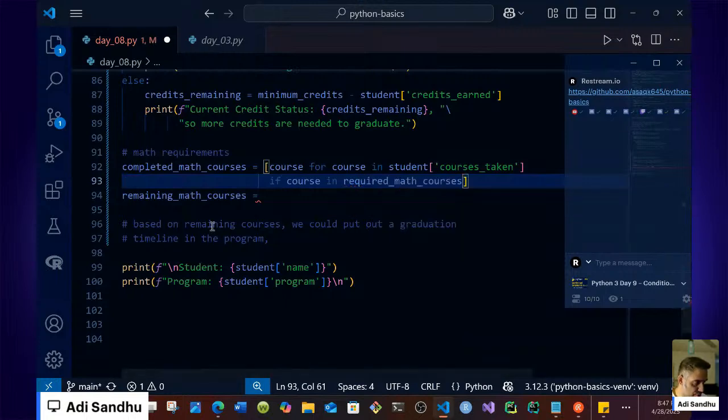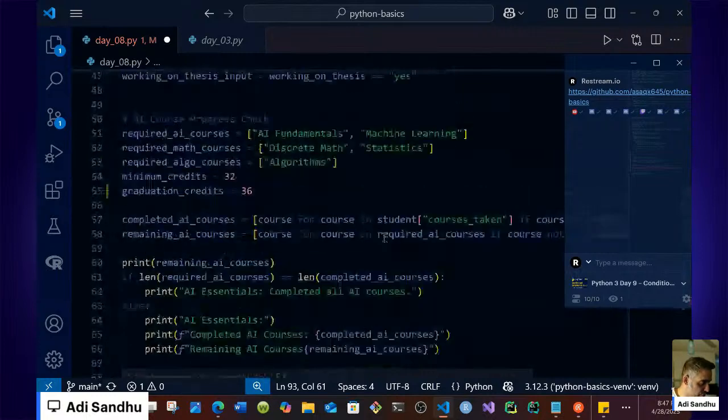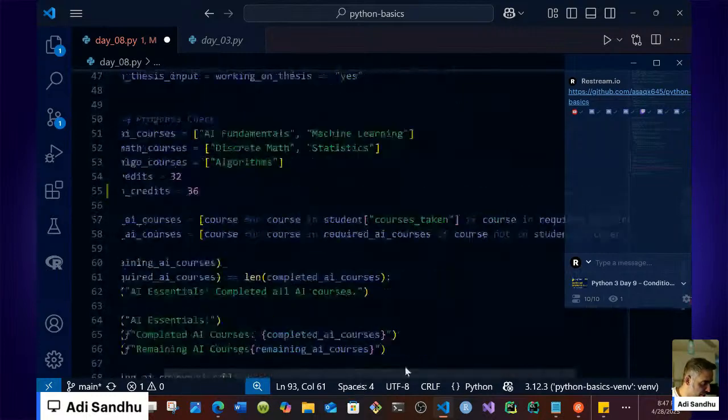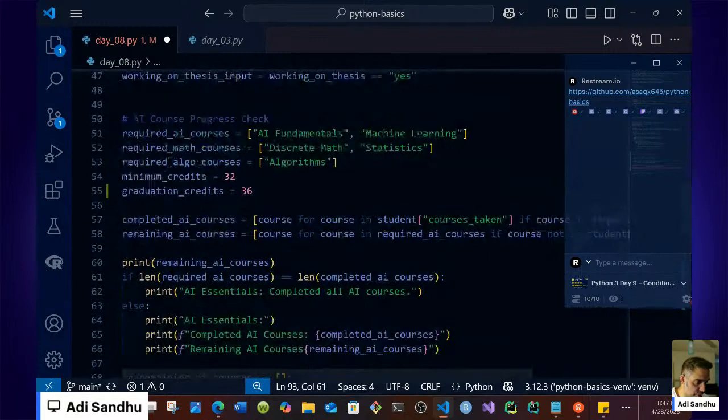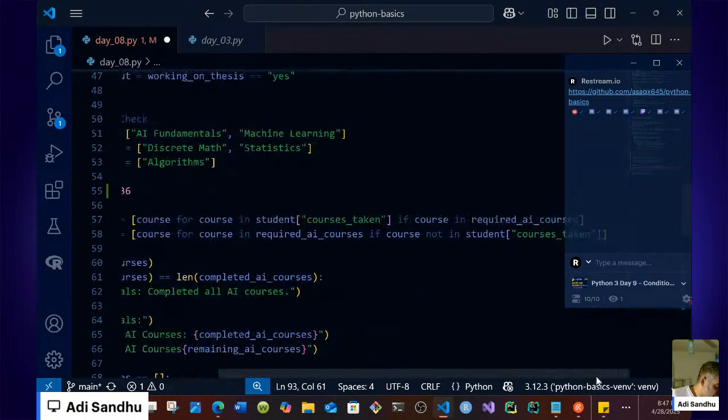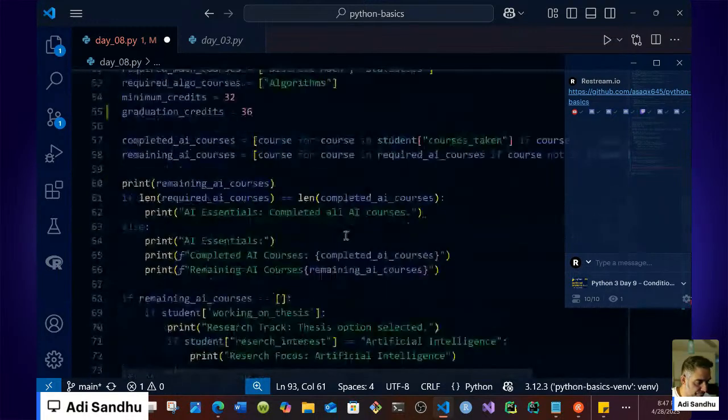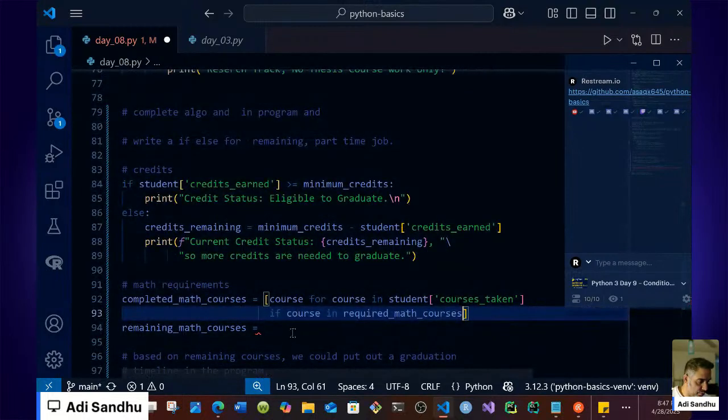Just to make sure, we go up here. If course in required AI courses. Course in required AI courses, math courses, if course not in student courses taken. Okay. And the other one is